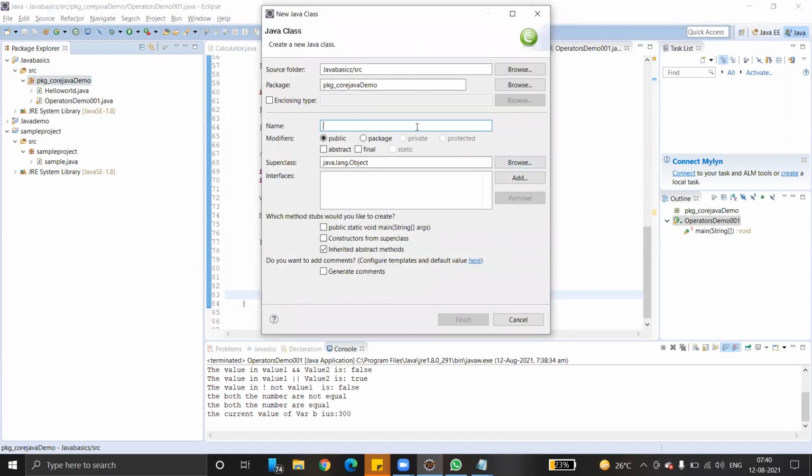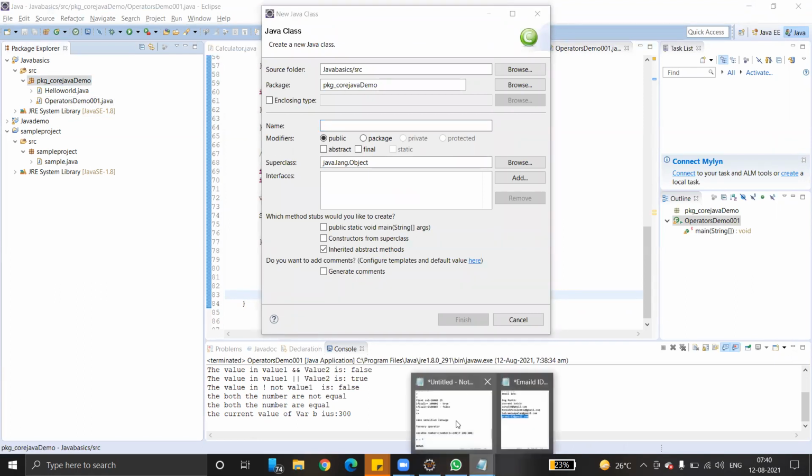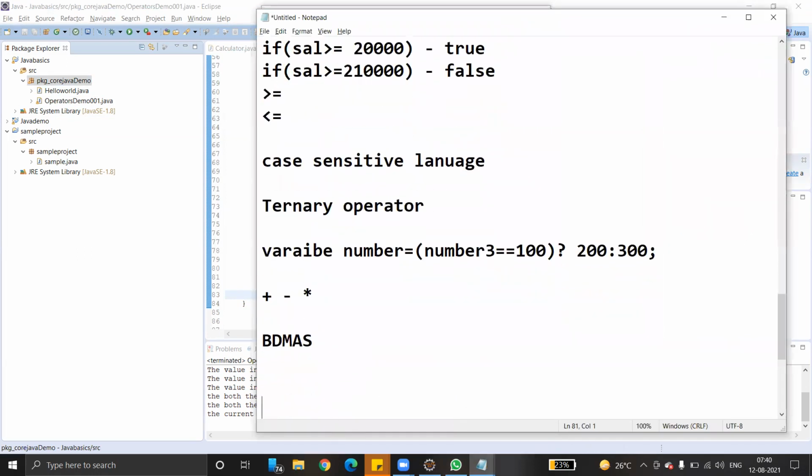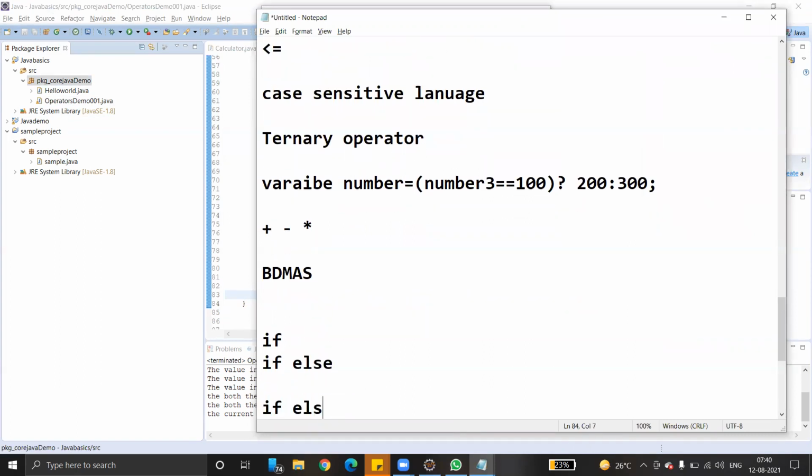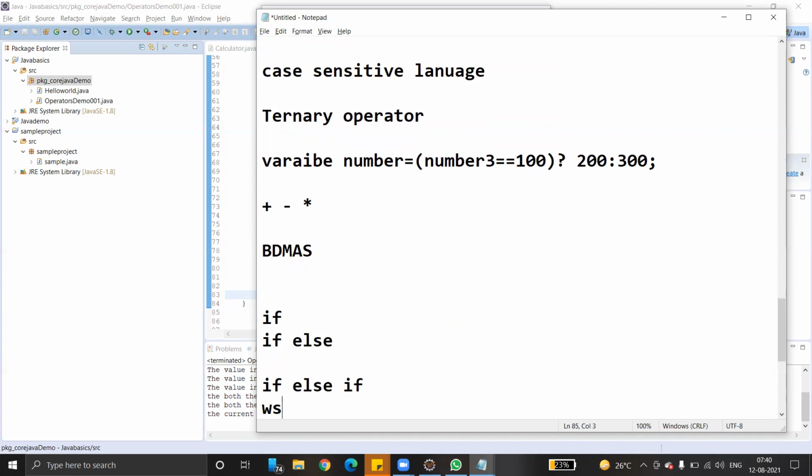Then coming to the very important syntax called control statements. What are control statements in Java? Quickly, I will brief you on what control statements in Java are. Okay, if, else, if, and then switch. Okay, these are actually control statements. When you want to execute a set of statements based on a condition, then we have to use a control flow statement. They are also called control statements. Control statements in Java. Is it clear?